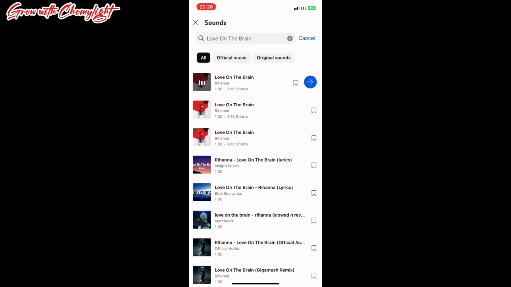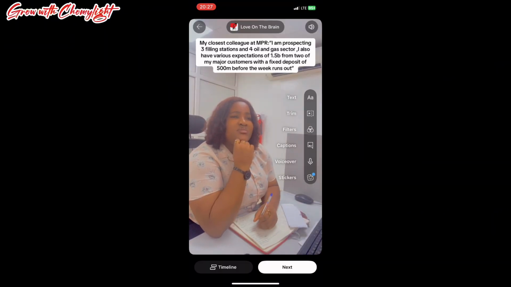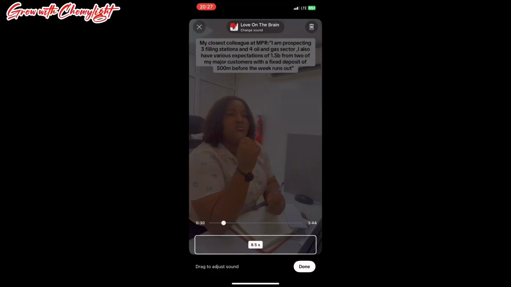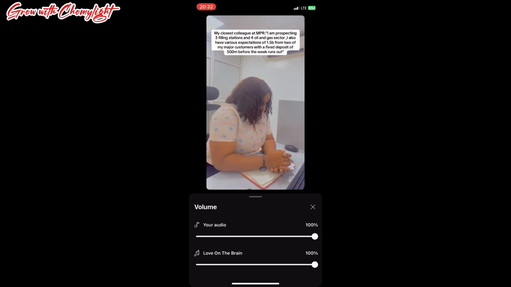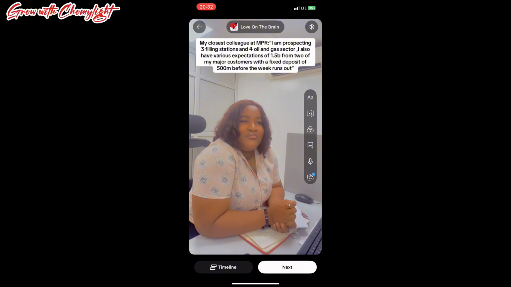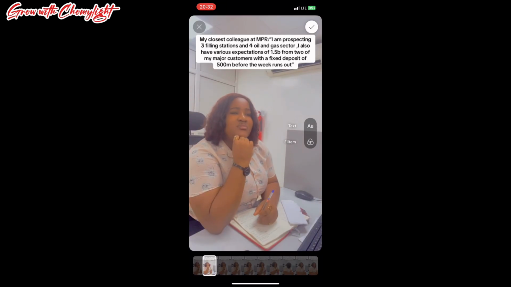Now, after that, the next thing you're going to see me do is adjust the sound to fit where exactly I want it to start in my video. Just as you can see here, click on that particular part. It says change sound, and then you adjust the sound to fit where you want it to be. Then you reduce the volume, because I don't want the volume from my original sound to affect the actual music that I'm using. So I reduce it so that it's only that sound that is playing. Then I click on next. The next thing I want to do is my thumbnail. Don't forget that this thumbnail cannot be done after you have hit upload. You actually have to fix your thumbnail before you hit upload.